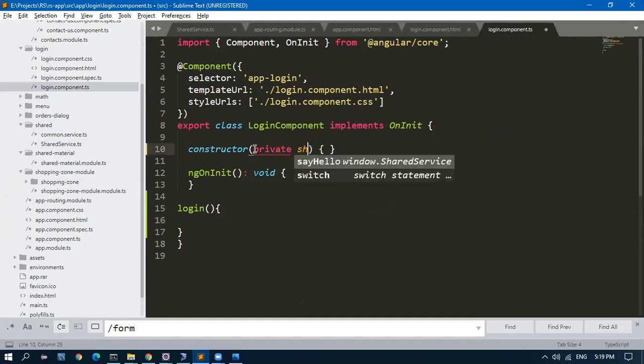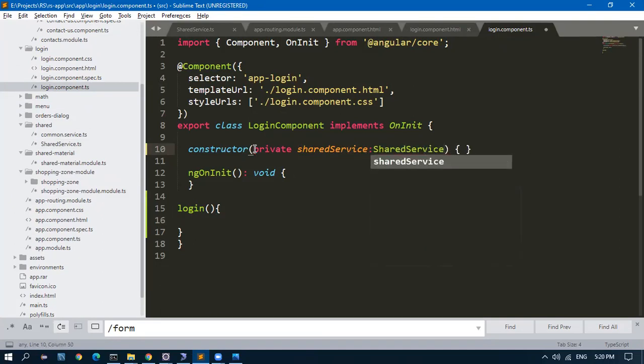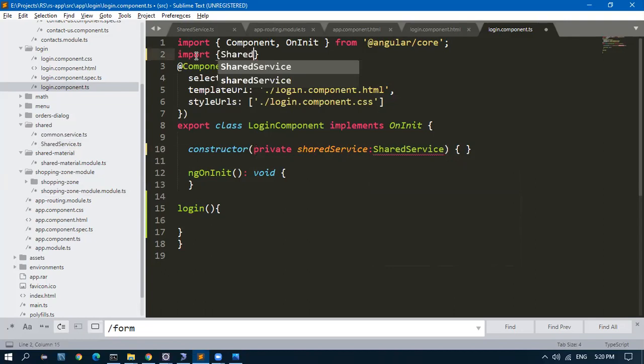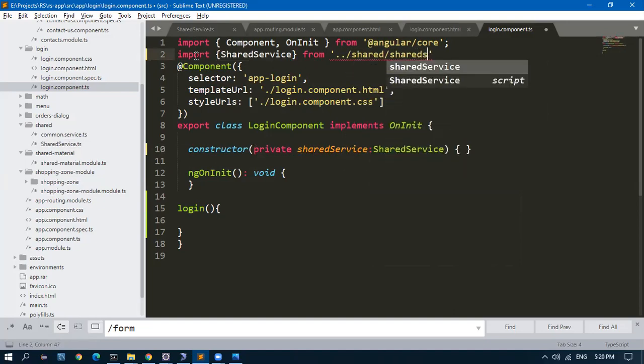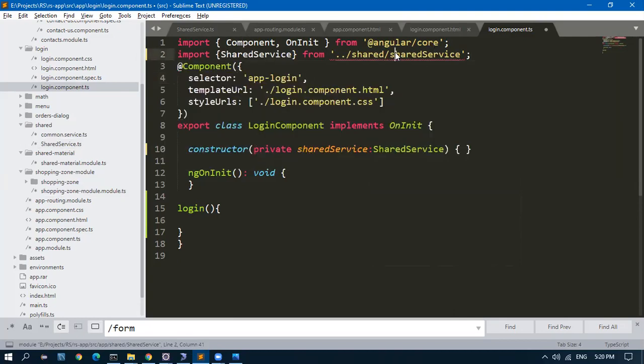private shared service. I'll create an object of shared service. I will import here, import shared service from shared service. File is in the defer. Maybe capital, yes. Okay. All right. Now this dot